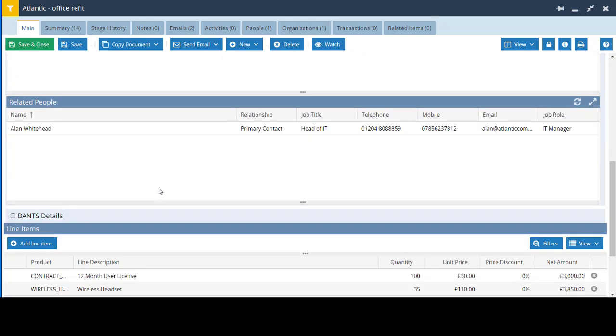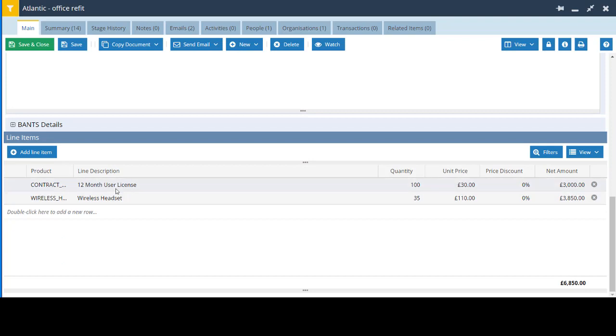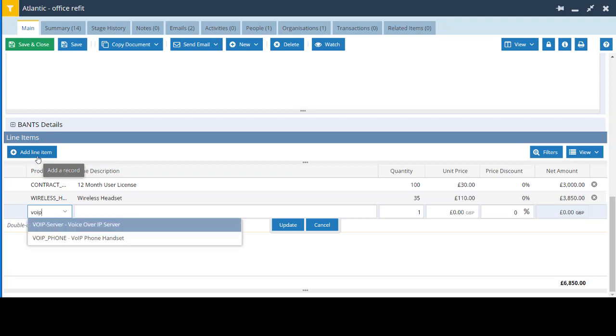If I scroll down further, you'll see we've got a couple of what we call line items here. All transaction records have the concept of having one header, which can then be linked to multiple line items. And the line items themselves link to products on your product list. So if I were to click to add a line item, and if I search for something that starts with